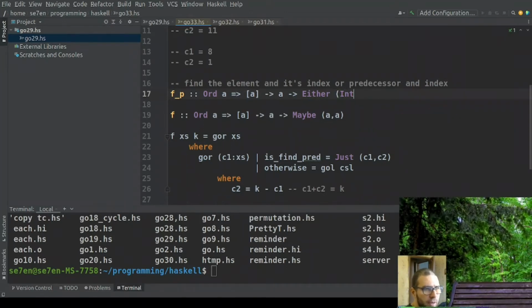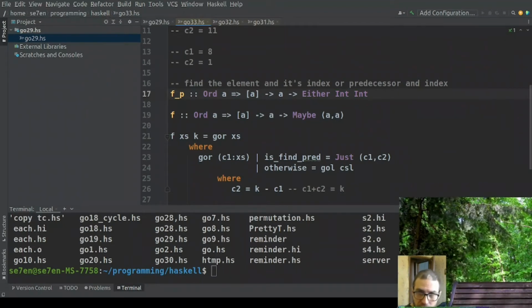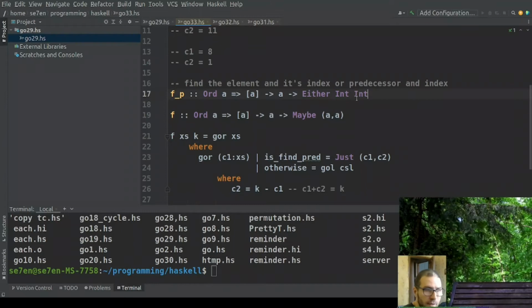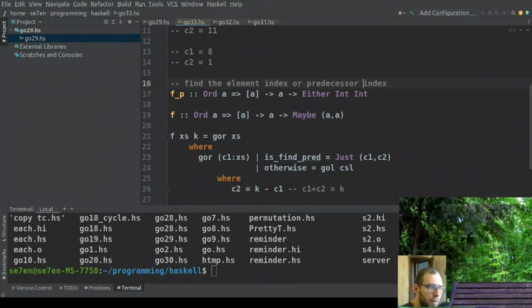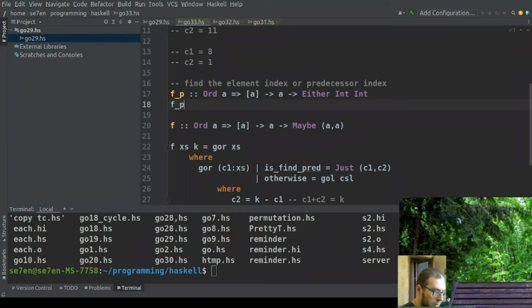I think actually I can use just the predecessor index here, and if I find the element I will use the Right constructor to determine the case where I found the element index itself. Okay, I think like this. So here we can say that we find the element index or predecessor index,